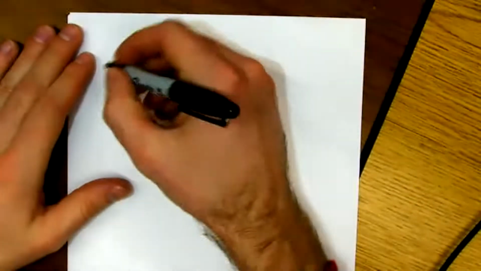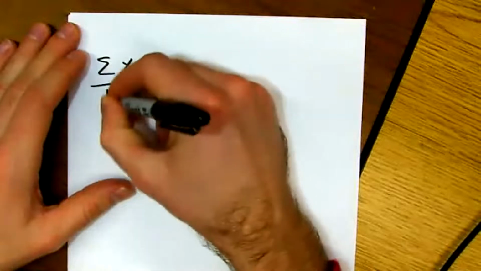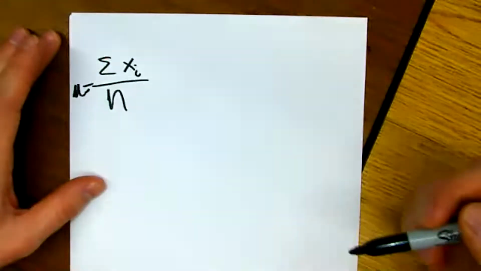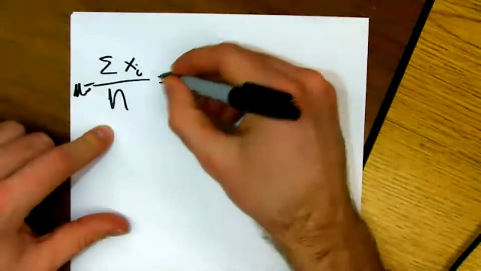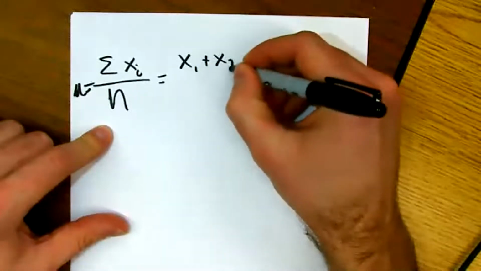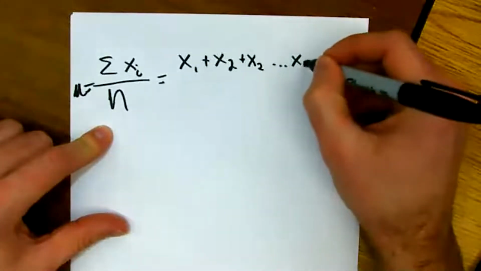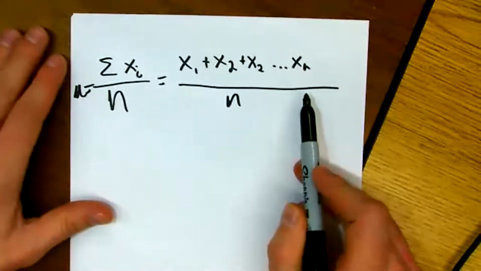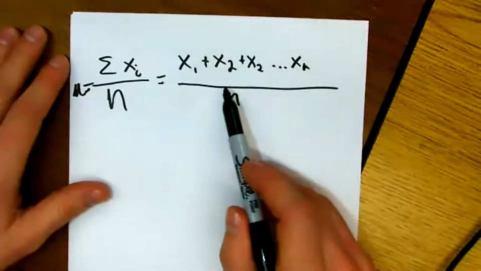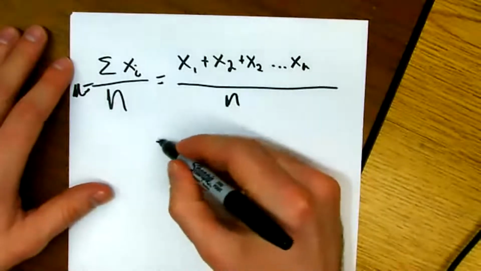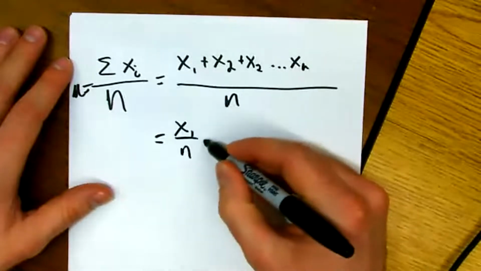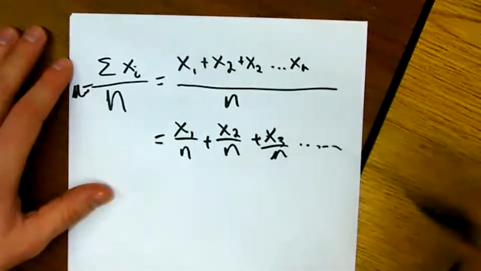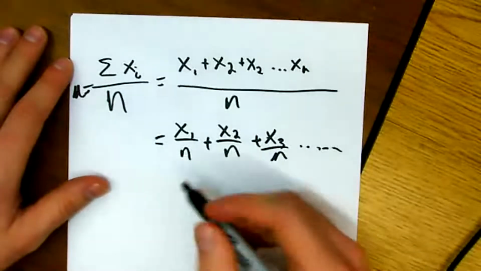So we were talking before, this was the equation we had for our mean. This was the population mean. I could rewrite this as x1 plus x2 plus x3, and so on. We're just adding up the values for every single observation and then dividing by the number of observations we have. Well, if I rewrote this and distributed the n, I could think about this as x1 over n plus x2 over n plus x3 over n, and so on. If I pull this out front,